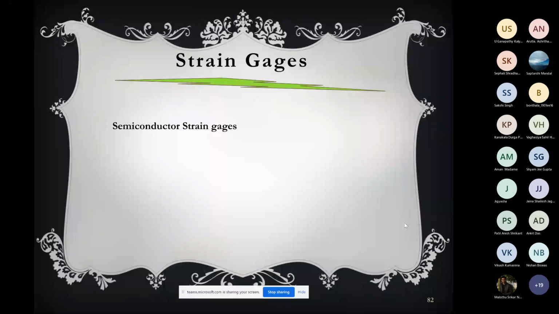So although the semiconductor strain gauge exists, whose sensitivity is very high because of the piezoresistive effect, which gives a very high gauge factor, still due to the problems of high temperature sensitivity, nonlinearity, and mounting difficulties in day-to-day life, the metal wire strain gauge is the most popular and acceptable strain gauge.